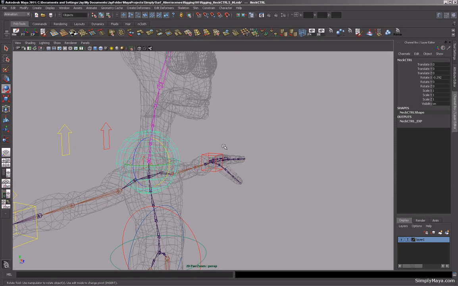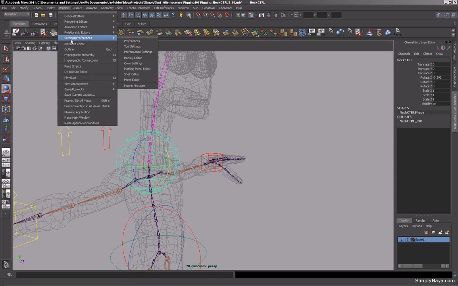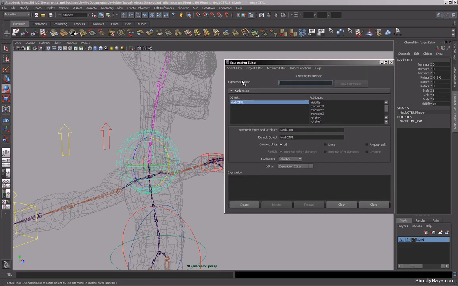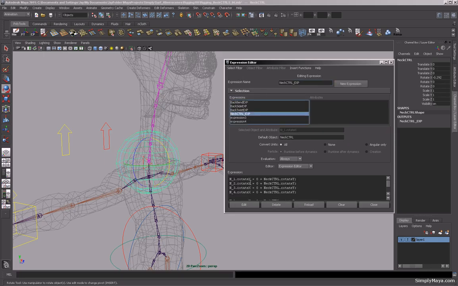So what we can do, we can go back in and just add in a couple of small values to slow that down once again. So let's go to animation editors, expression editor, and expression name, and we want neck control. On the end of this top one, we want to put in a value of, let's say, 6, just to slow this down on the joint N1 there, and on the next one down we'll put the division in of, let's put in 4, I think,